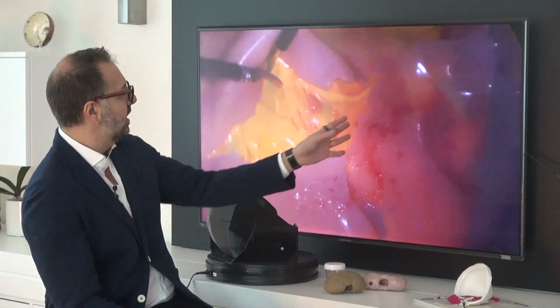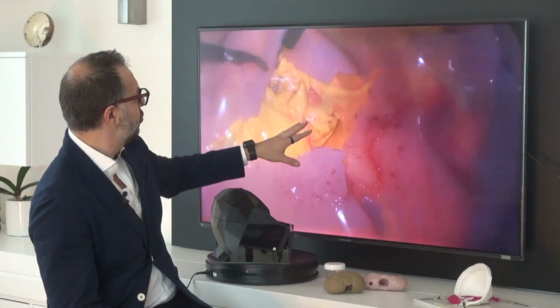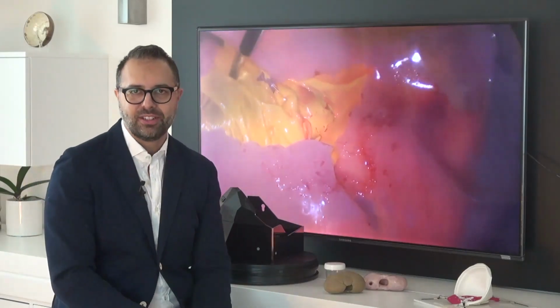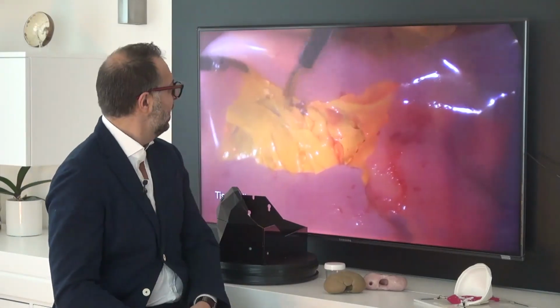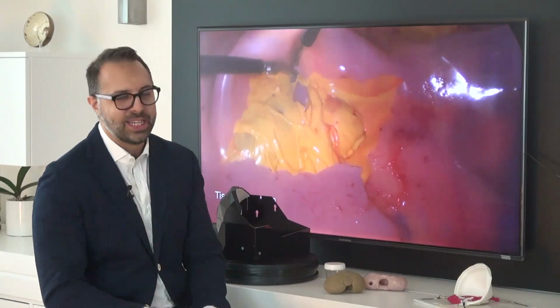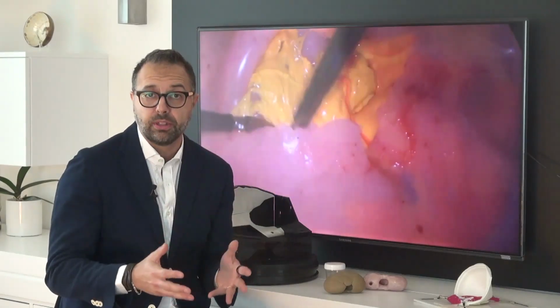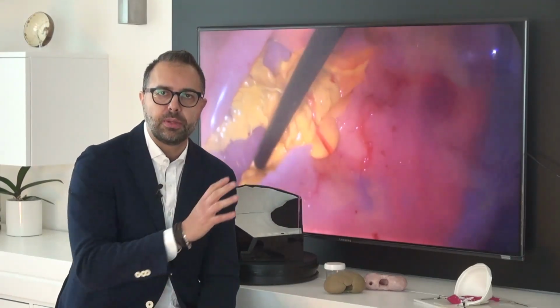And you could already dissect, you could already see a little bit of the structures below. Here was the kidney coming out of the fatty tissue, and the vessels were already placed in their position. So at that point I started to understand that it was feasible, that it was doable, and that the different phases of the procedure could be replicated in this kind of model.